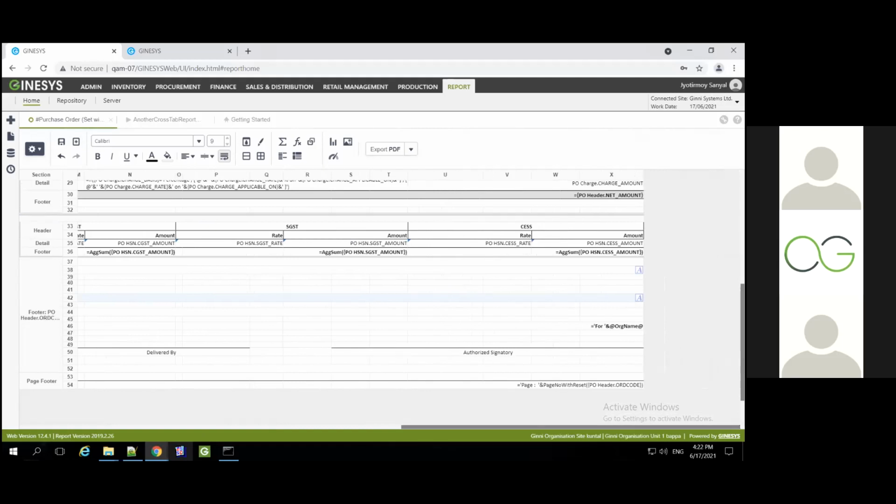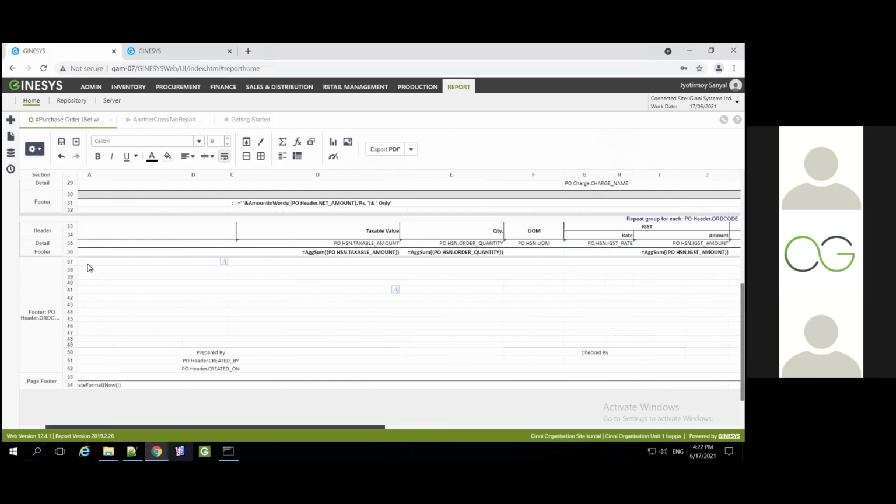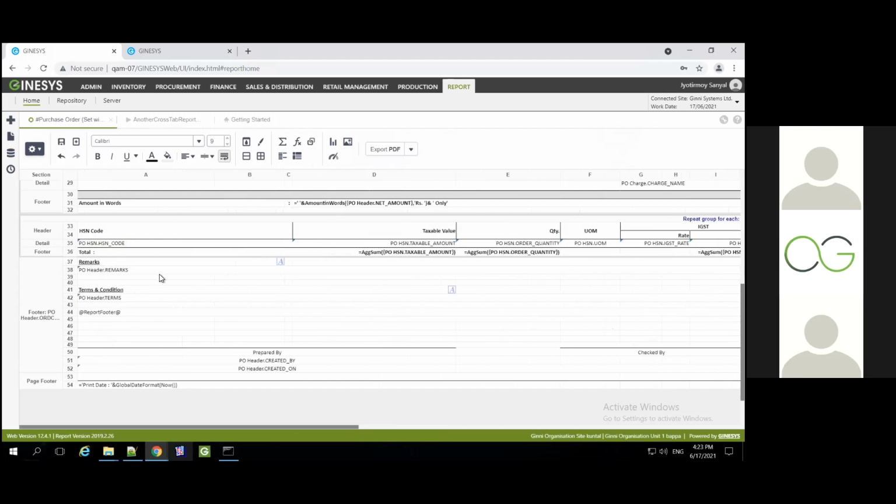So which organization this has been created for, who is the authorized signatory, any remarks, or some particular bank details, all of this can be done through here.